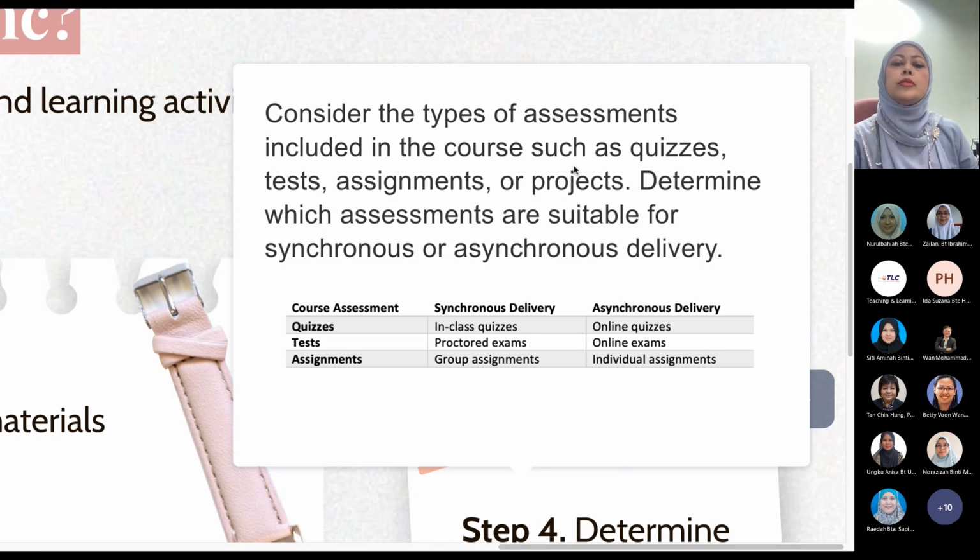So it's up to you. When you choose which one is which, ensure that it can be done and it doesn't defeat the purpose. Stick to the requirements of your accreditation bodies, because we have to be very careful when we handle substitute blended learning. We don't want to raise any query regarding how you conduct your lessons. Not only about conducting the SBL. What is SBL without a proper course page? That's also an interesting question when it comes to